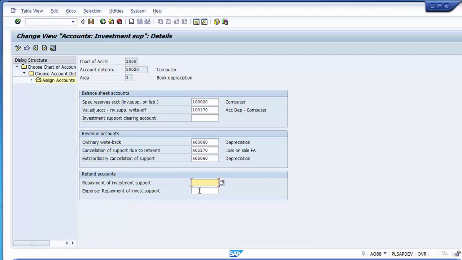So that is something which the call needs to be taken up by the company, that what GL will be to which this repayment of investment support should go, and what expense repayment of investment support should be there as well. So once you decide and you assign these different GL accounts over here to a screen, you can go and you can save this screen, and the GL gets assigned to